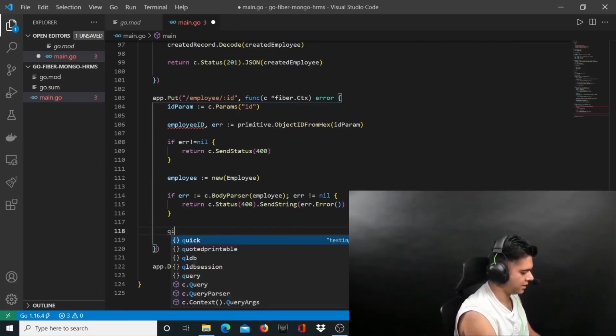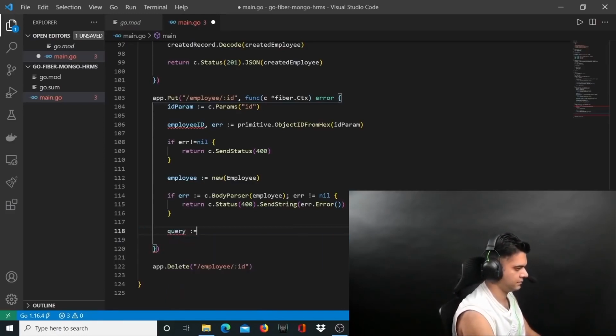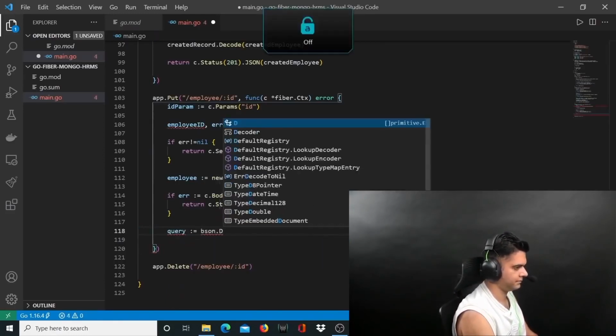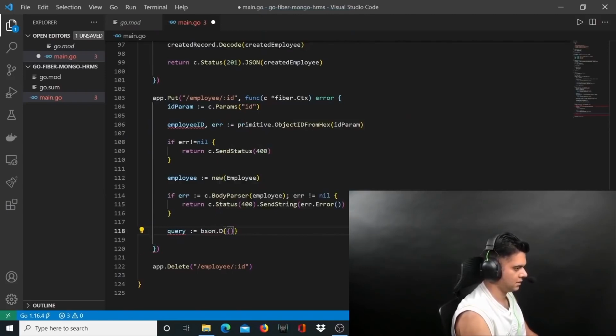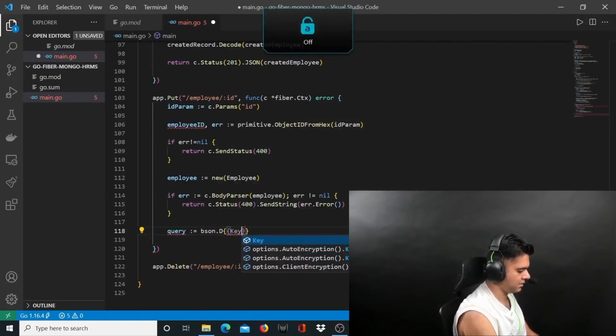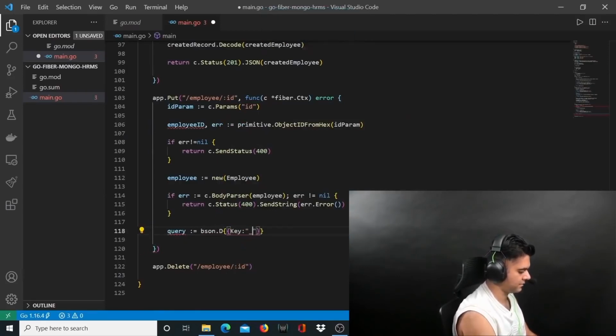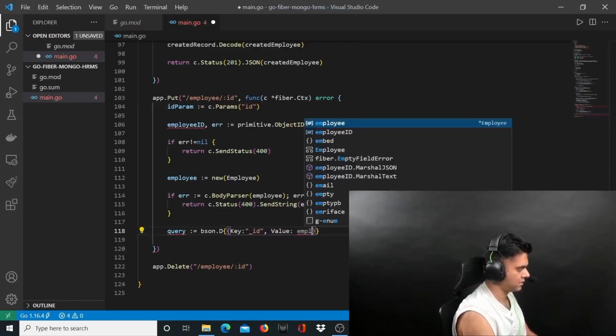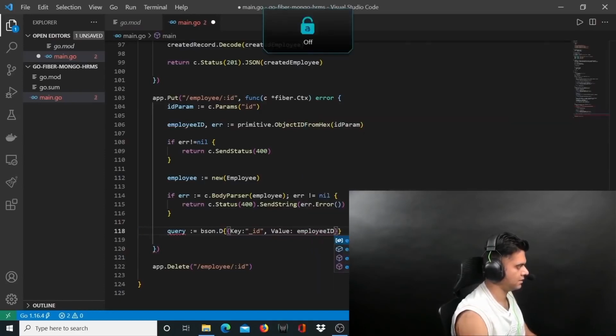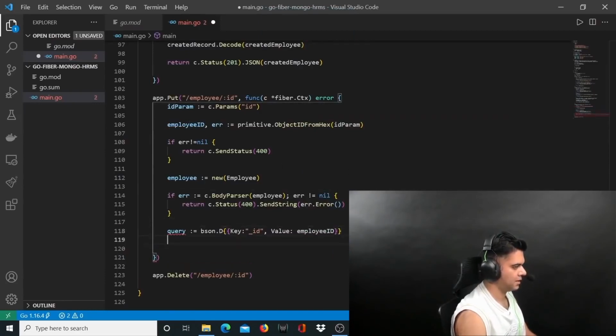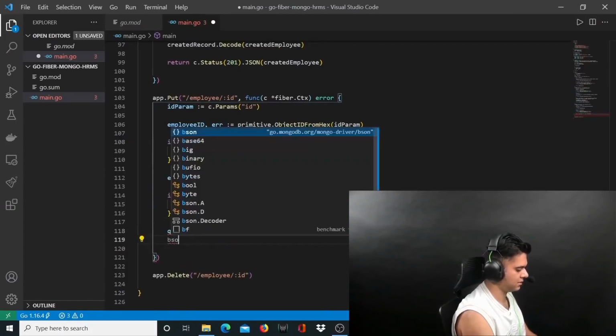How do you do that? You create a query. You say bson.D, and you'll say key is underscore ID, comma, value is employee ID that you just defined out here. Okay. Then you'll say bson.D,